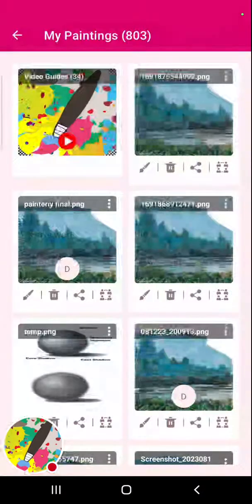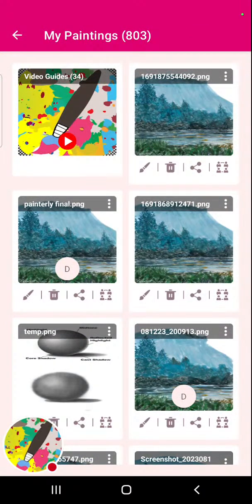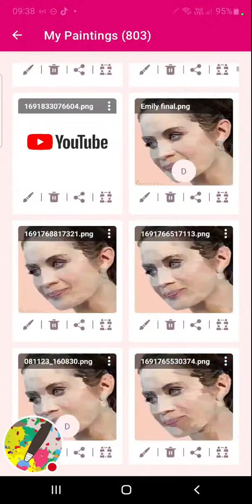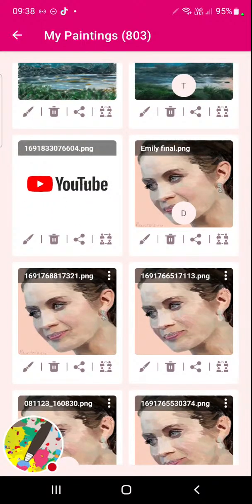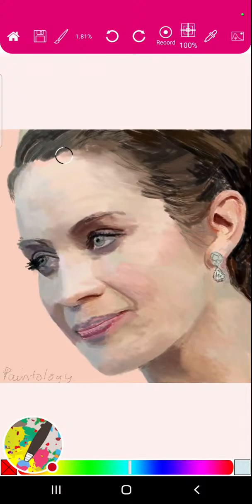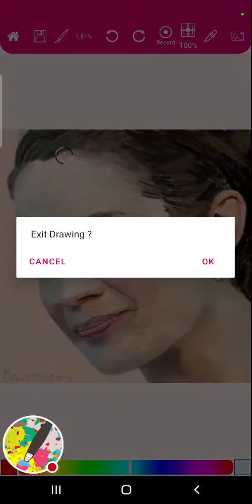Yeah, drawings. I'll show you other drawings here. Let me show you this one of Emily Blunt. This one I painted on this phone, again using my finger. Again, I wasn't trying to make it look photorealistic. In fact, it was exactly the opposite when I was doing these